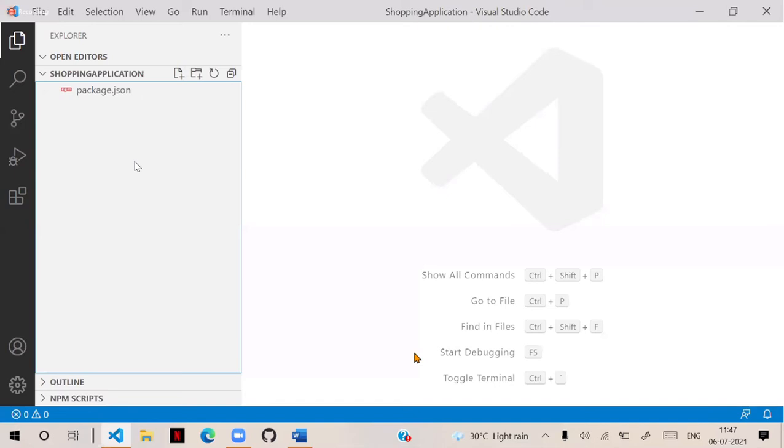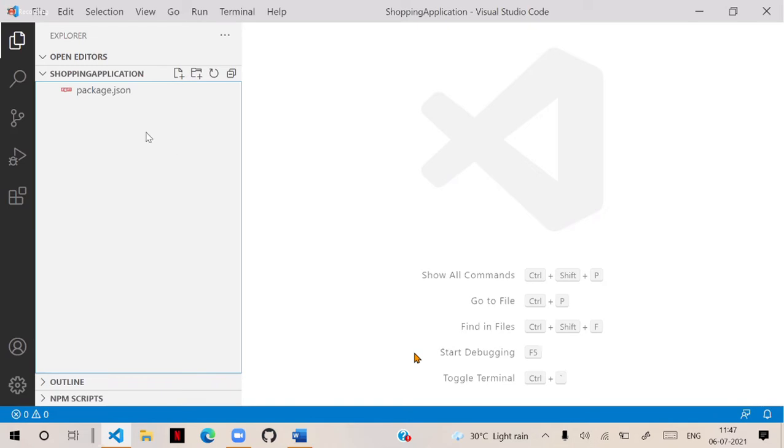Don't put all of them in one place. Organize them according to functionality. So first, we will maintain some folders in this project. Observe carefully here.